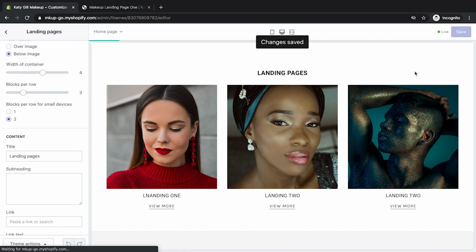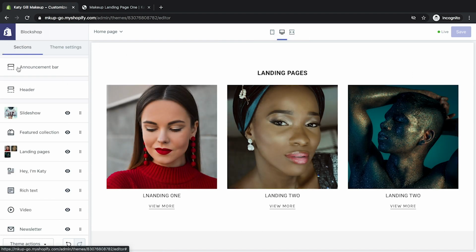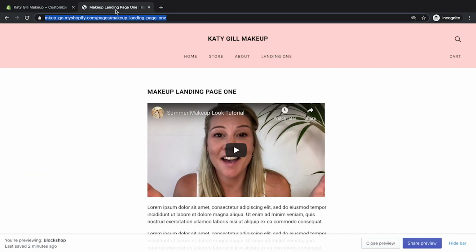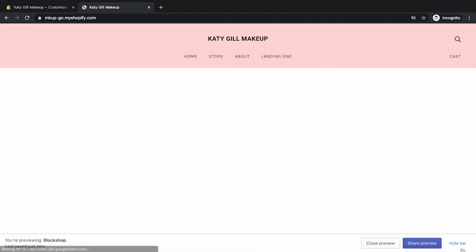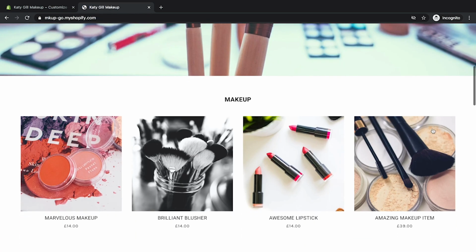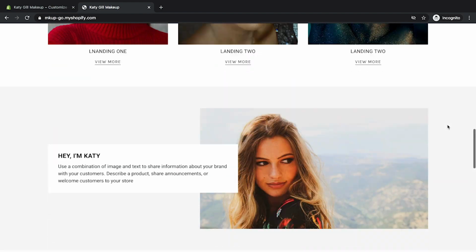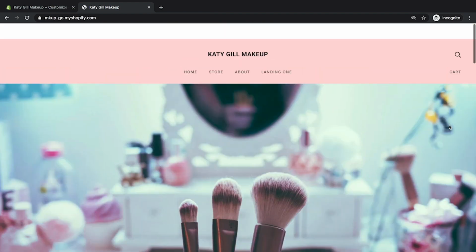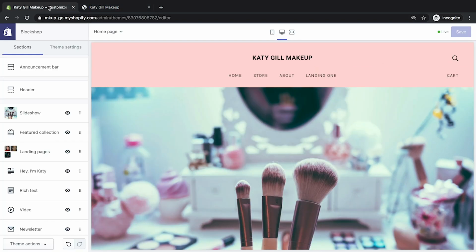So make sure we save this. I have been actually saving as I'm going along in between takes, so do save as you go along. Don't do all of this without saving at all. This is great. I believe now we actually have most of it all done. So let's go and have a look at the home page. Great. See how much better that looks. It looks awesome. And we've got videos on the go. And it looks like a great shop and very, very little drama. This is how it should be.